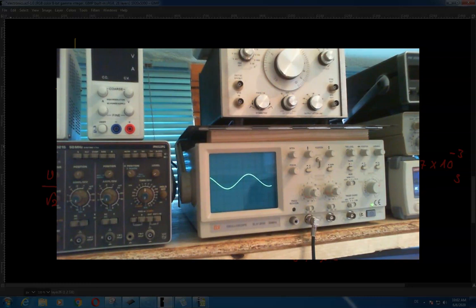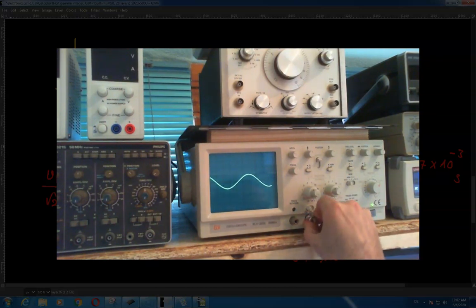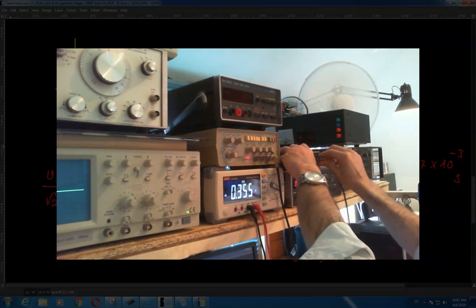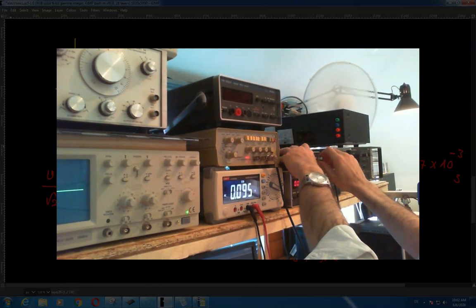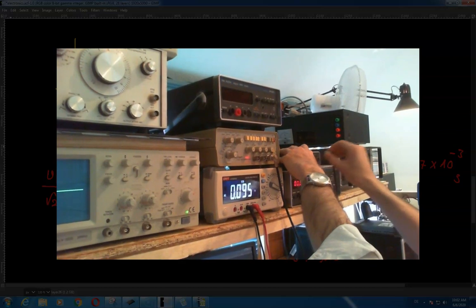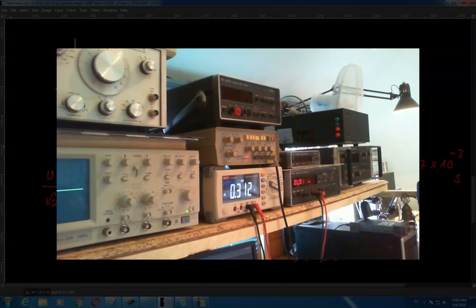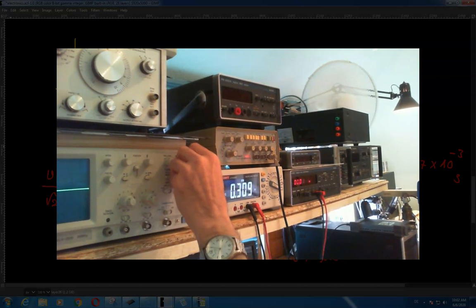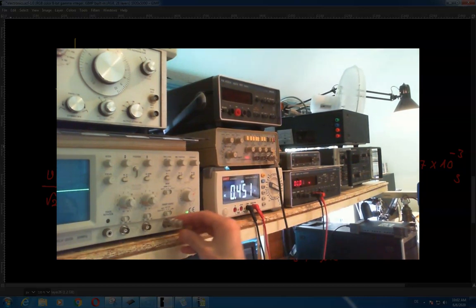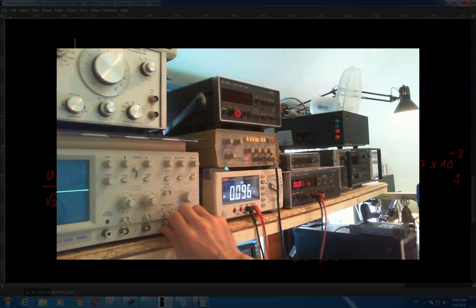Now this frequency is about 15 kilohertz, give or take. And if I take a look at the signal on the counter, I will see that it is 14.8 kilohertz, which is exactly what I was looking for, right? So now this part is done, and now if I measure the amplitude over here, it tells me that